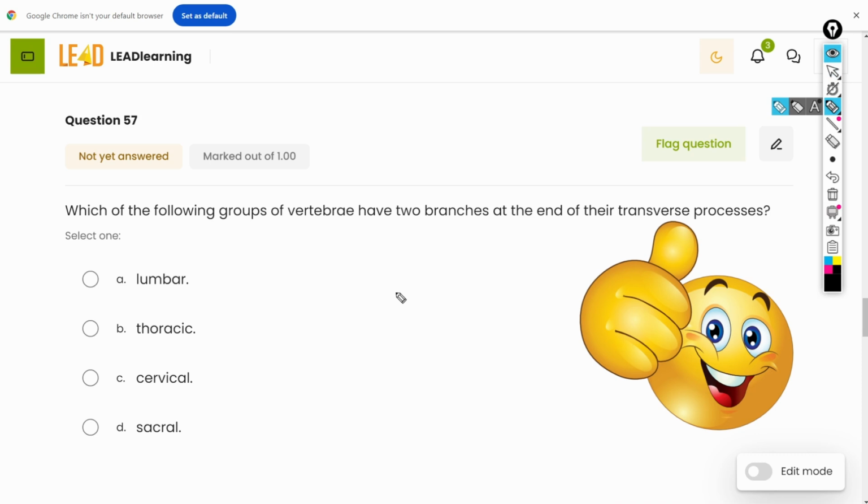Question 57. Which of the following groups of vertebra have two branches at the end of their transverse process? Clearly looking at this question,